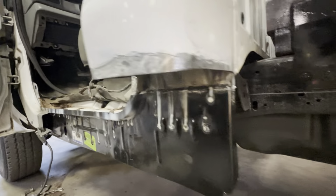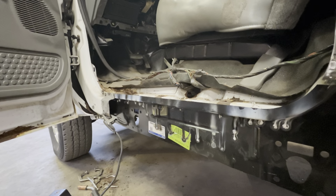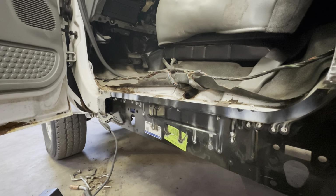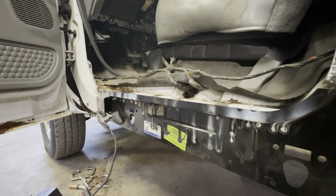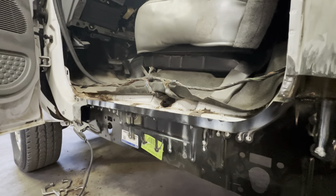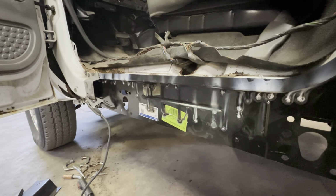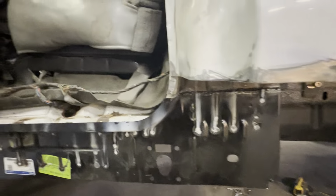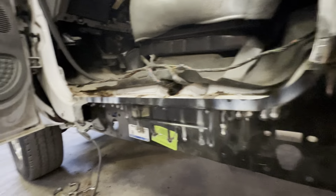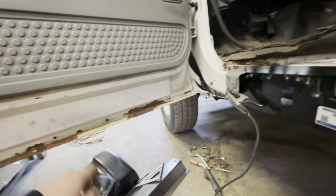But we're pretty much done with the inside, which is good. I want to get that part pretty much finished so that, if I don't get done, he doesn't have to go underneath and do any of that. Like I said, we'll clean it up later when we sandblast everything, but right now the main focus is to get this done and get the cab corner on so we can do all the body work on the truck, and then we'll sandblast everything, get everything looking good,